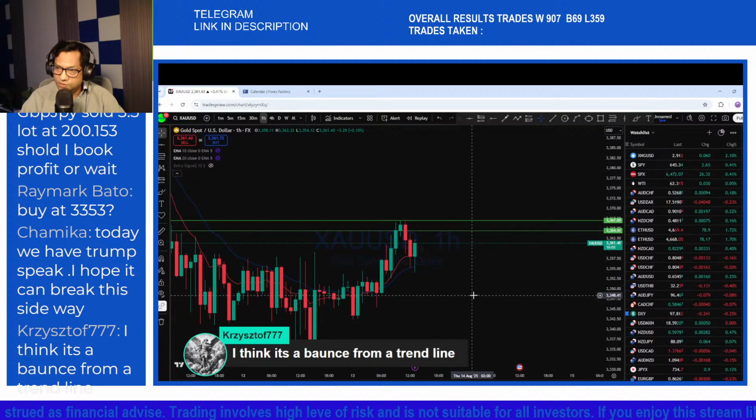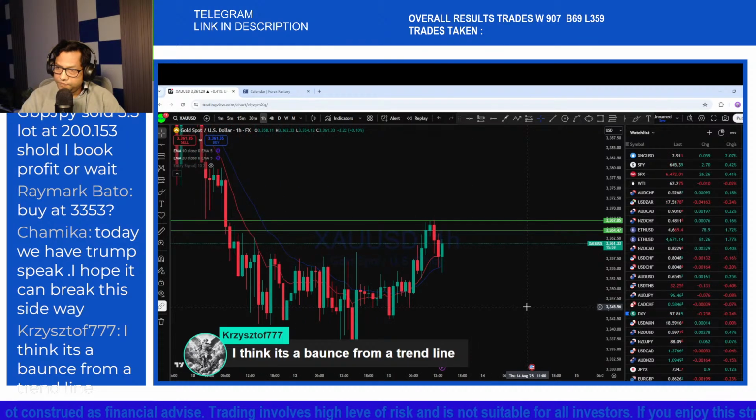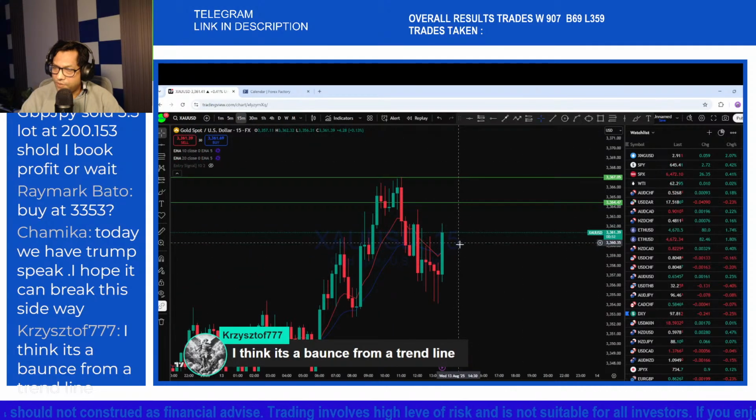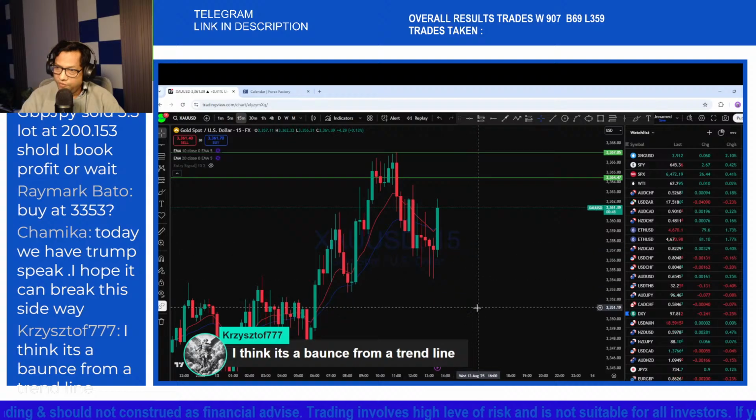This is an important support. The 50 minutes close is coming, and then we could see the price potentially drop again for another